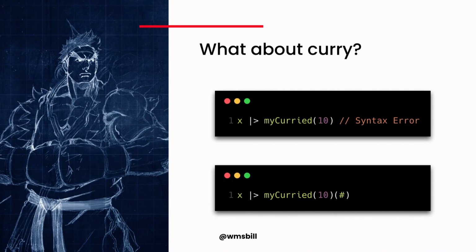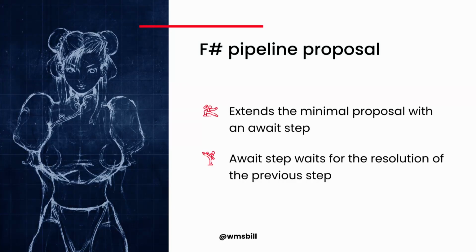What about currying? If you try to do it the first way, since you're using parentheses, it thinks it's topic style. Since you don't have the sharp token, that will result in a syntax error. So the good way to do this is the second example here. This is cool because here comes a new challenger.